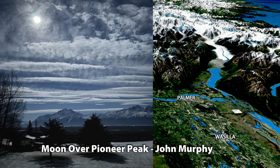And look, there's the fact that I was talking about. That moon so bright, casting shadows, those trees on the ground. So that's Pioneer Peak in the background. In fact, I kind of put that picture side by side with you so that you could see. There's the Palmer-Wasilla area, and if you look off just to your right, Pioneer Peak. So that is the